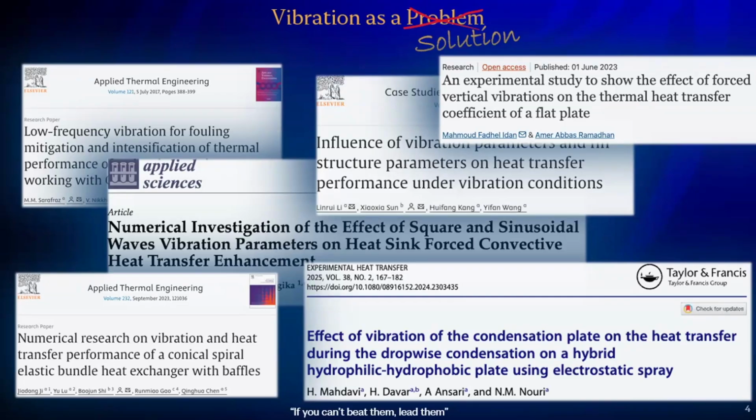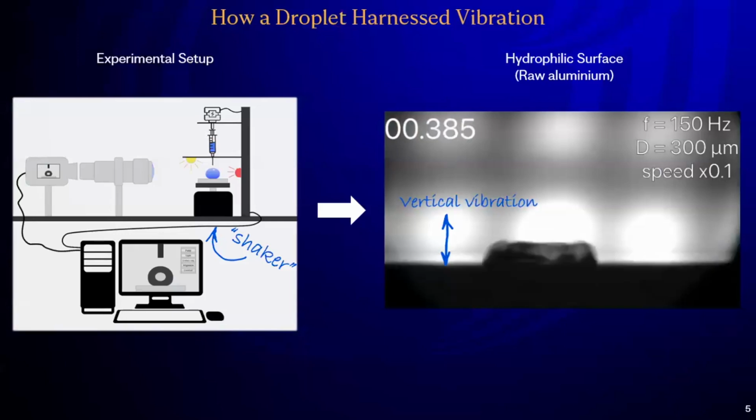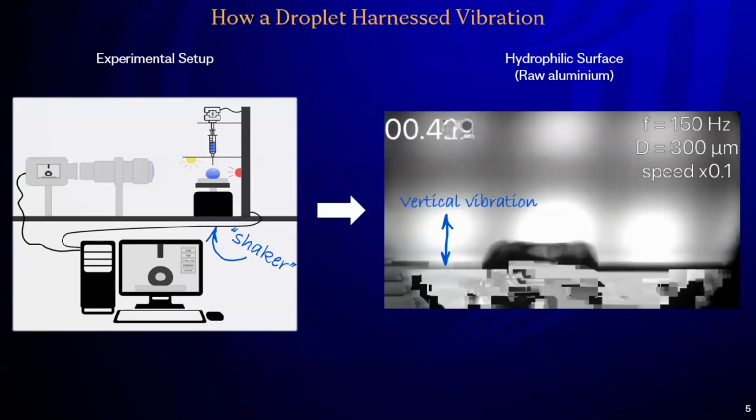The only problem was that it was tested on a big system right away. People took a full heat exchanger and started shaking it, and then, oh wow, we saw like a 3% increase in the heat transfer coefficient or something. Fantastic, but as a fundamental physicist, to me it's always a question: why do you see what you see? So we didn't come up with anything better than to take a small laboratory shaker, put a camera around, put some light, and just shake the droplet.